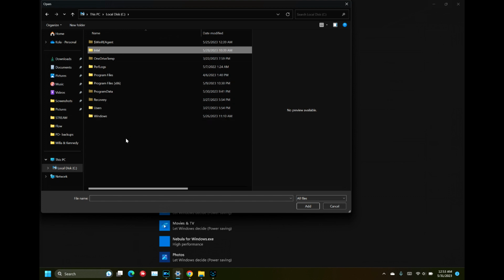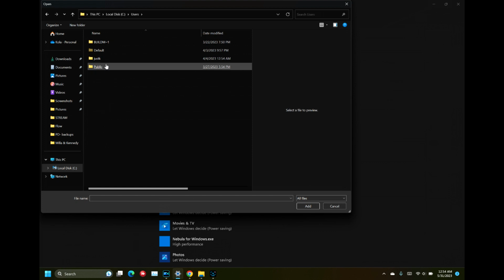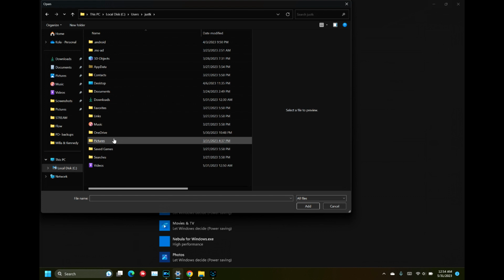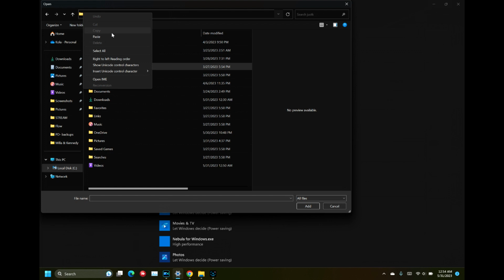Because you set show hidden files, you're gonna see files that you don't typically see, and you're gonna click on user. In my case, I am the user, so I'm gonna click on just K. Once you get to this part right here, you can either go into the search box and paste this right here